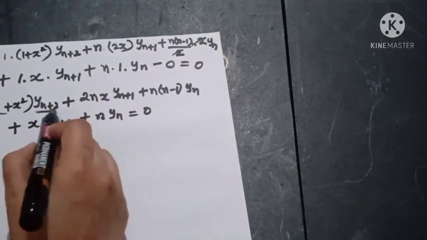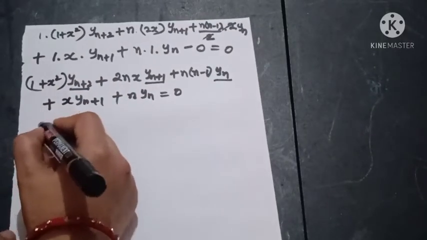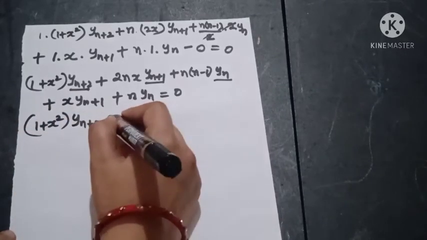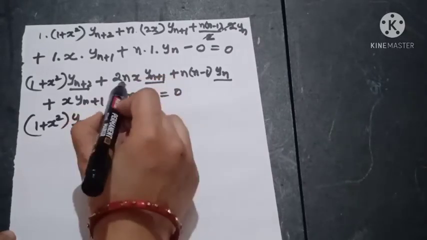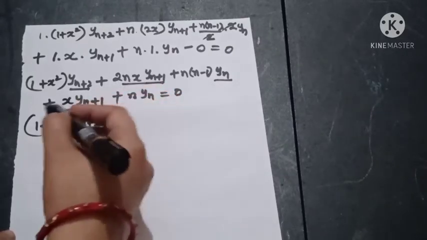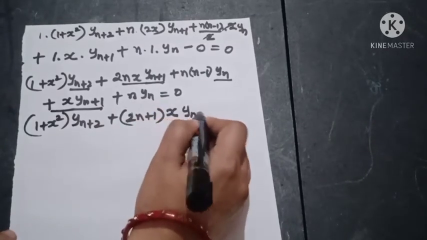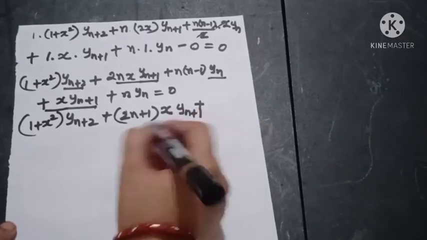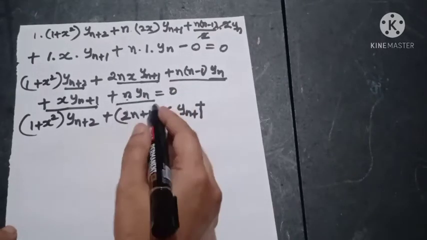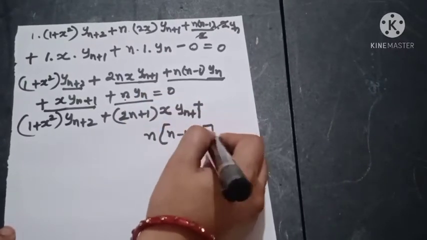So we'll group the y n plus 2, y n plus 1 and yn separately. On grouping this, what we get is y n plus 2 has only one term. y n plus 1 has this one and one more is this one. So take the y n plus 1 common factor and group this. So what we get is 2n plus 1 into x y n plus 1 plus here yn common factor is this one, n into n minus 1 plus 1 into yn